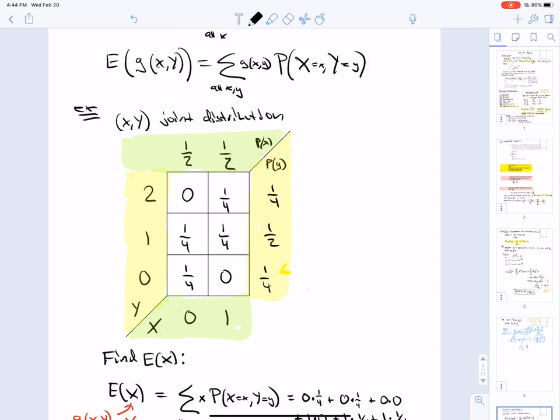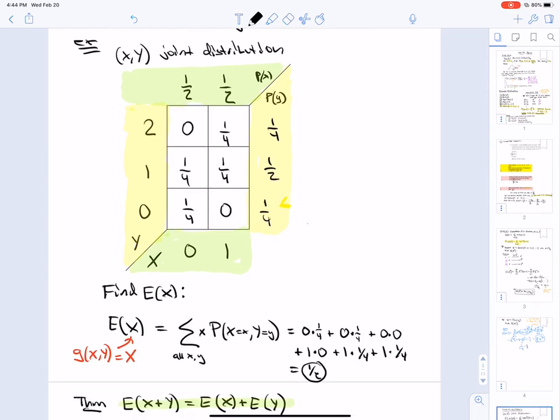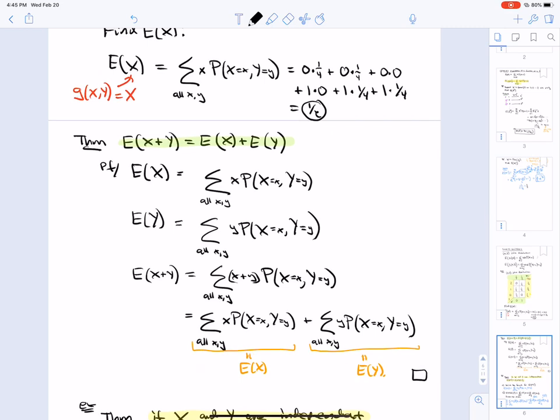and y is y. So for example, if we have this joint distribution shown here, let's find the expectation of x, where we think of x as g of x, y equals x. We know the answer should be a half because we can see from the marginal that it should be a half, and you can confirm that as we run over all x's and y's, we do indeed get a half. So we can confirm easily that the expectation of x plus y is the expectation of x plus the expectation of y,